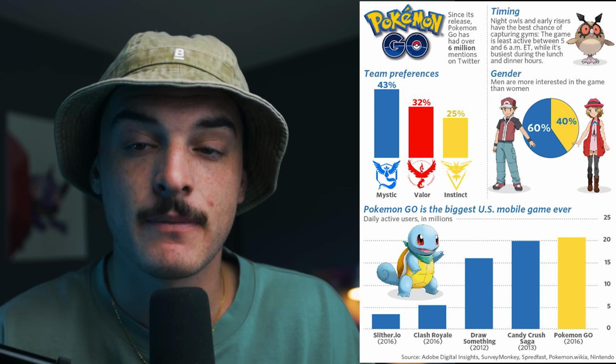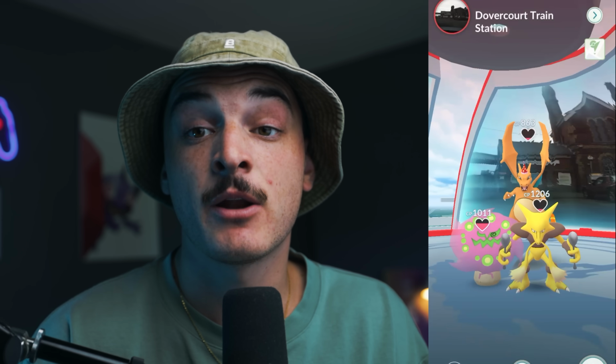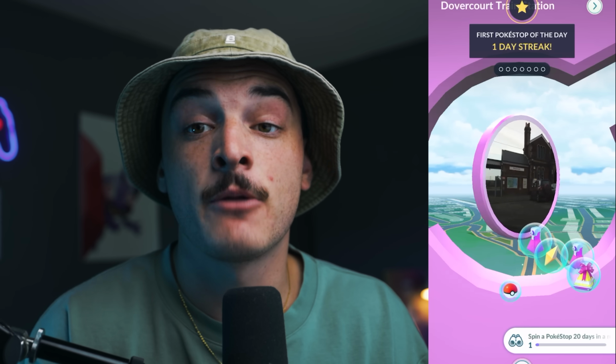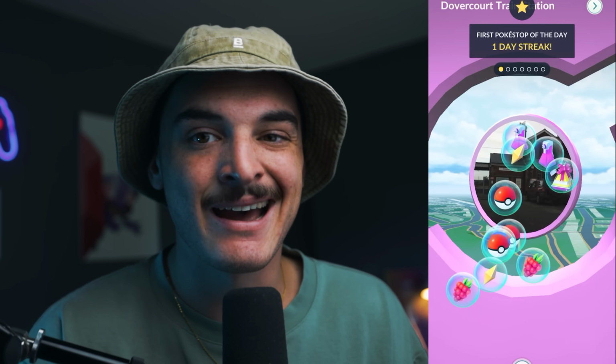Let me know what team you're on. I'm on Instinct. But at gyms, there's a couple different things you can do. First of all, you can go ahead and spin the gym similar to how you spun a Pokestop. Gyms will generally give different-ish types of items, more focused on potions, and will definitely drop more potions and revives. They're more focused on healing items, so you can still get